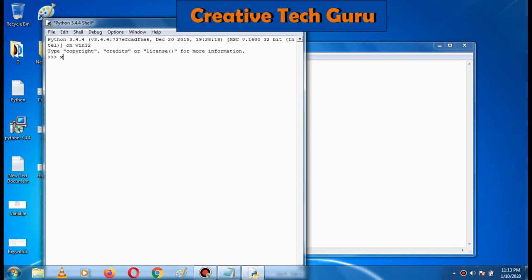The same way you can assign the dictionary values to x. For example, a dictionary contains key value pairs. For example, 1 is a key with a colon. I am giving ONE as a value. The same way I am giving 2 as a key and now I am giving TWO. This is called a key value pair. So 2 is a key and TWO is a value. Now if I print it, it will show you the dictionary values.